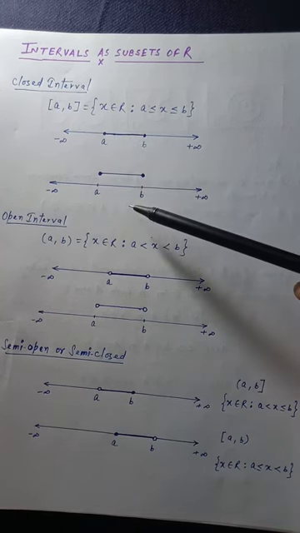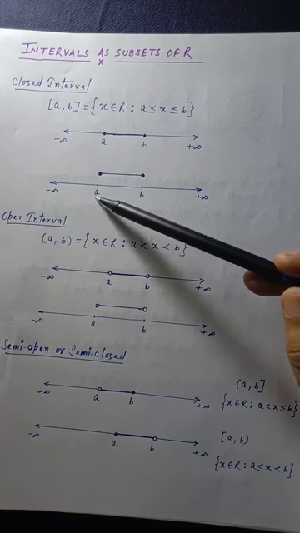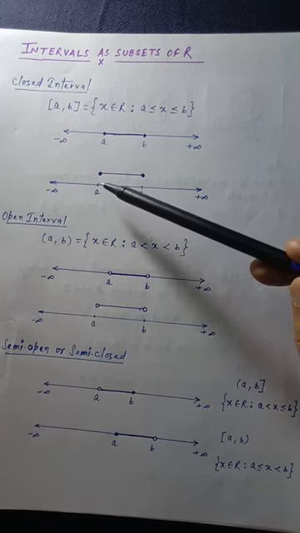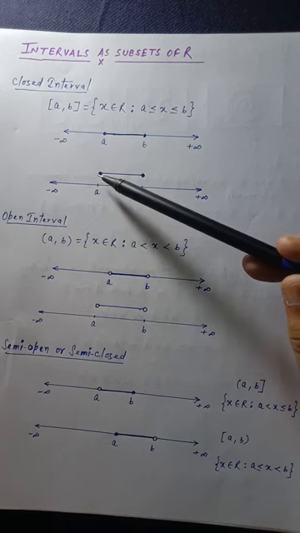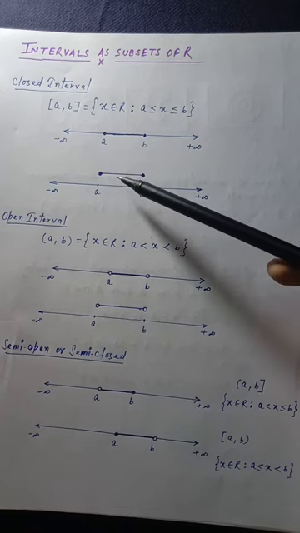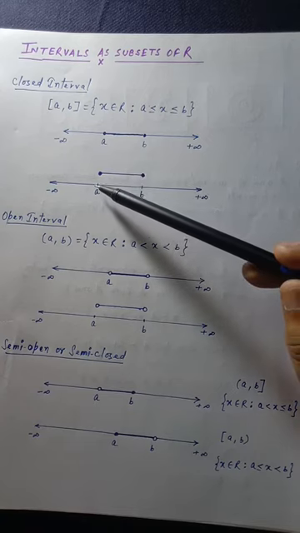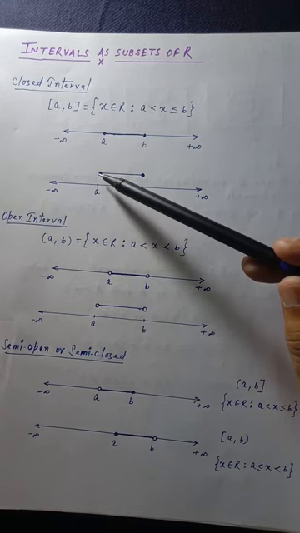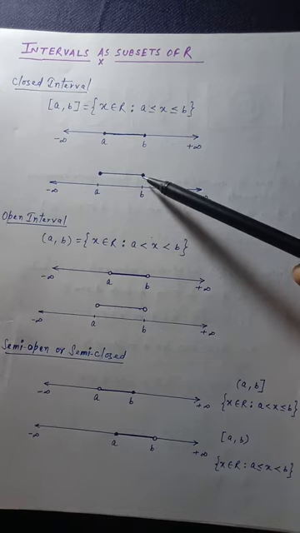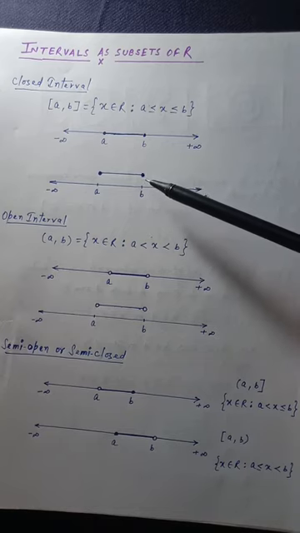And one more representation is for the closed interval. You can write [a, b] here, and just above this number line, above a you can draw a solid circle, as well as above b. Make a solid circle and join this line. It means you are saying the value of x is equal to a, greater than a, as well as maximum b, and less than b. So both representations are correct.